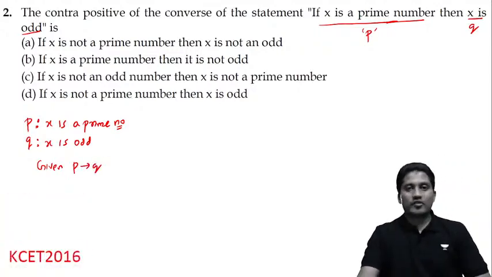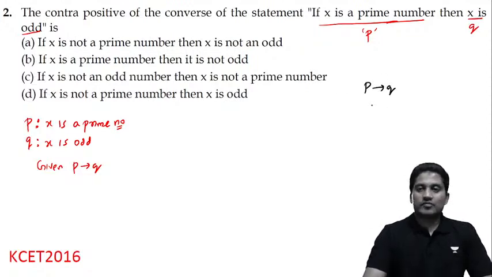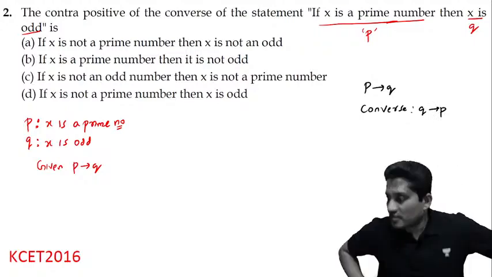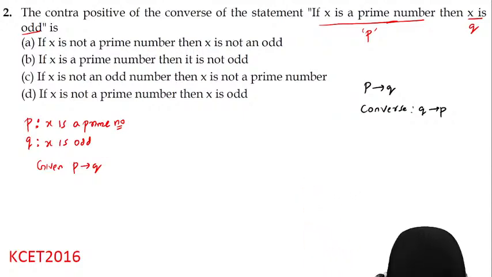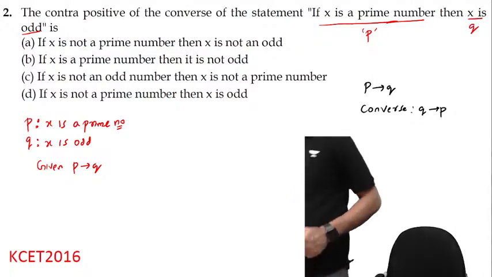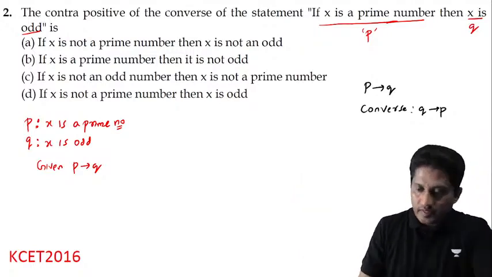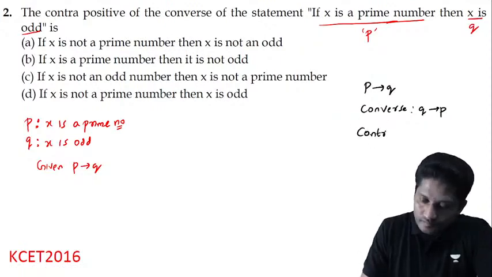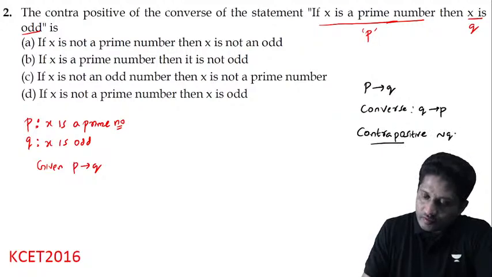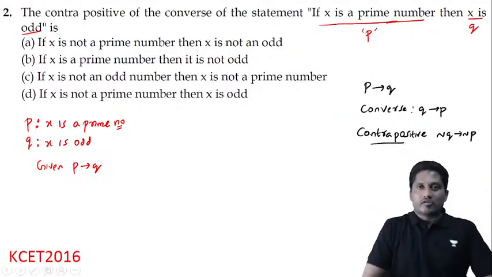Now, whenever the given statement is p implies q, the converse will be q implies p, and the contrapositive will be negation q implies negation p. If I use this logic,